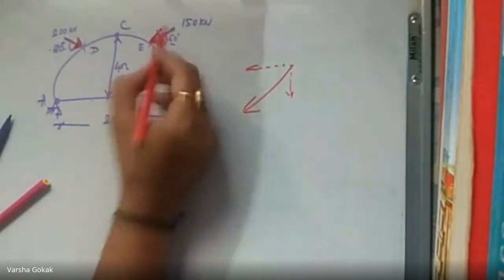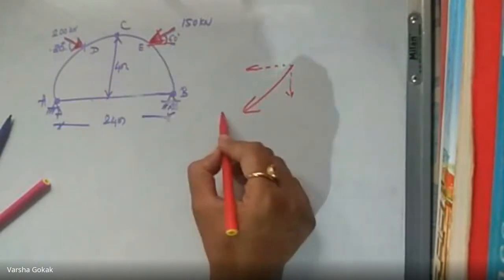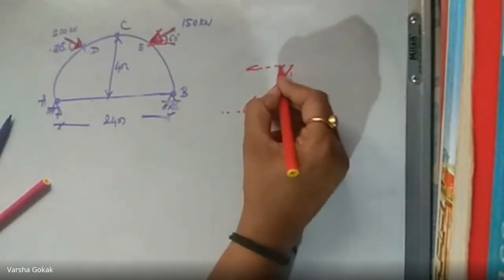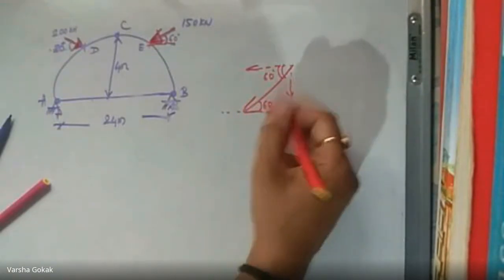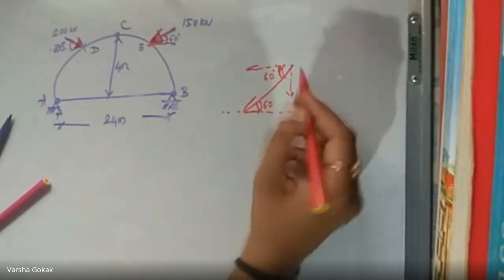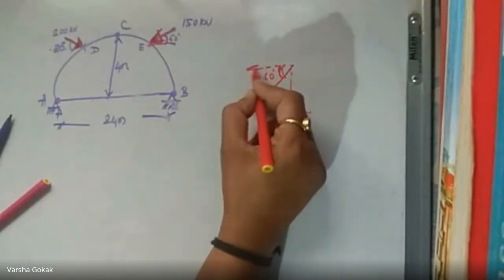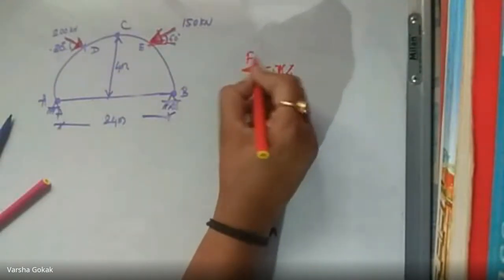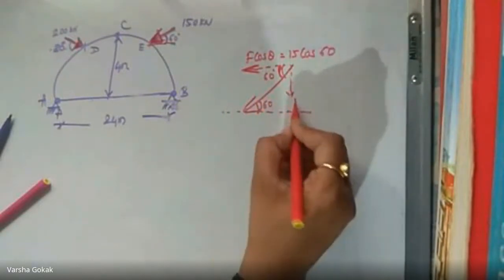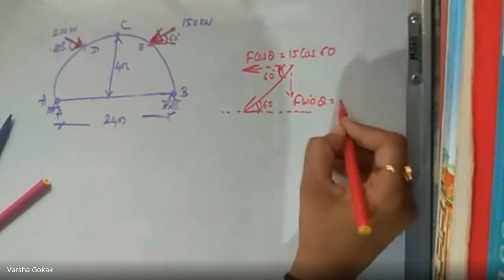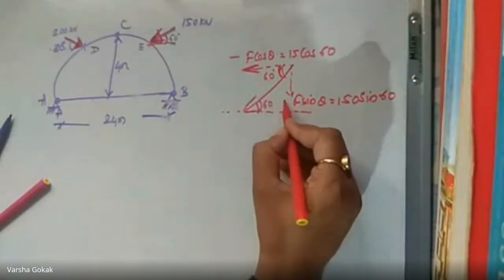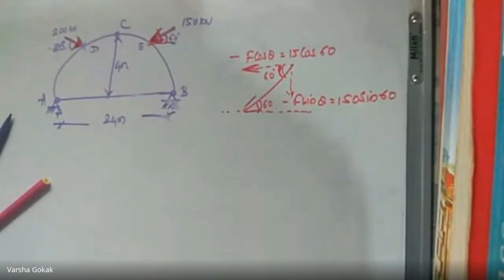It's a third quadrant, and he gives this as 60 degrees, meaning he's drawn one random line over here and says this is 60. If this is 60, this is going to be 60, no? Corresponding angles or alternate angles, whatever you call. So that means theta is with the x-axis. So I will have here f cos theta, which is 150 cos of 60, and this would be f sine theta, which is 150 sine of 60. This goes in minus, this also goes in minus because it is third quadrant.